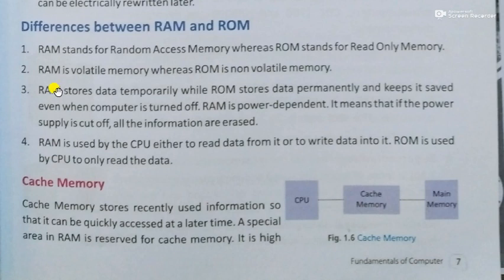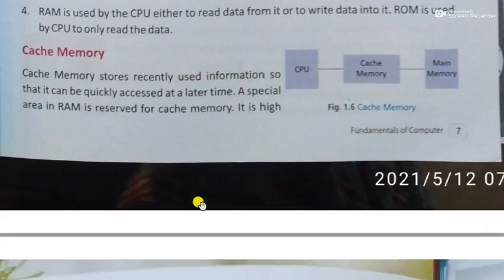It can save the data very easily, and it can also be lost after the computer is switched off. In the same way, there is a part in RAM for the cache memory, so the recently accessed area is stored there. And see, the CPU, cache memory and main memory. So these are the functions.